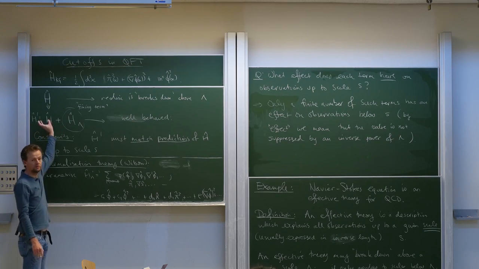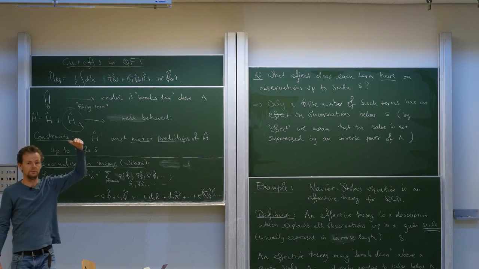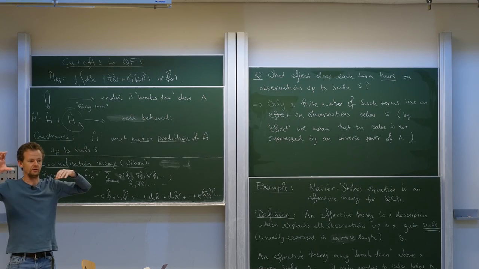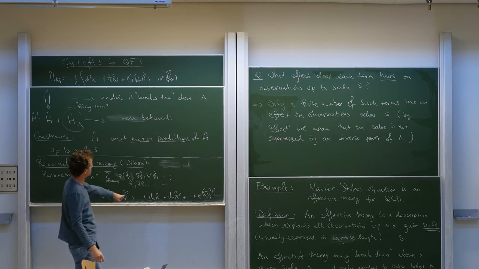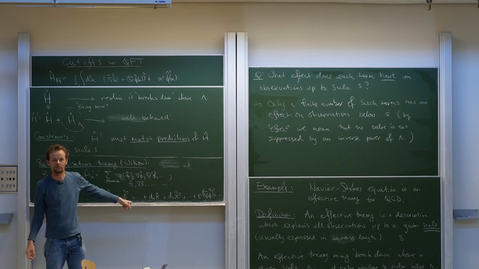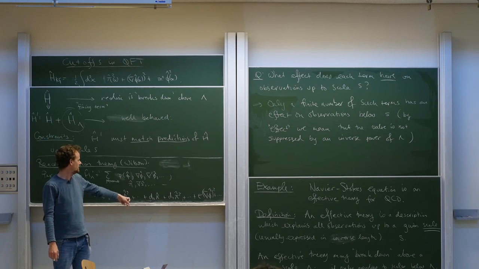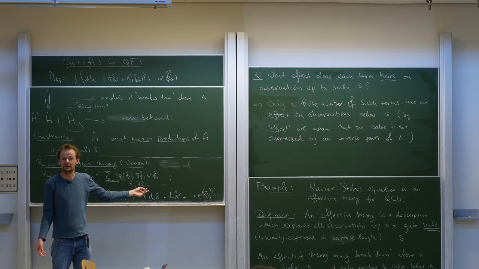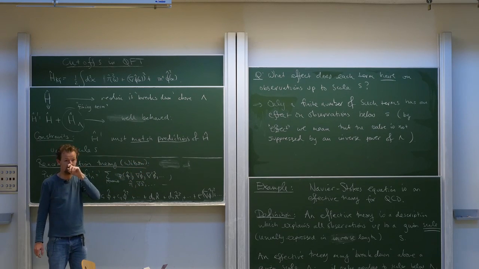You have some Hamiltonian which works up to some cutoff lambda, and then you add in correction terms above lambda to fix it up so it doesn't break down anymore. And then you ask, of this infinite list of terms I could add in to pertain to degrees of freedom above this cutoff lambda, measured in inverse length, how many are actually relevant? How many actually lead to an observable effect at scales we've already observed? And the stunning result is only a finite number,